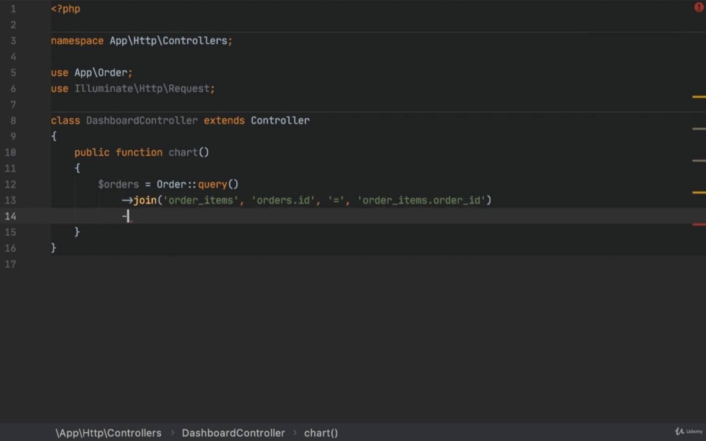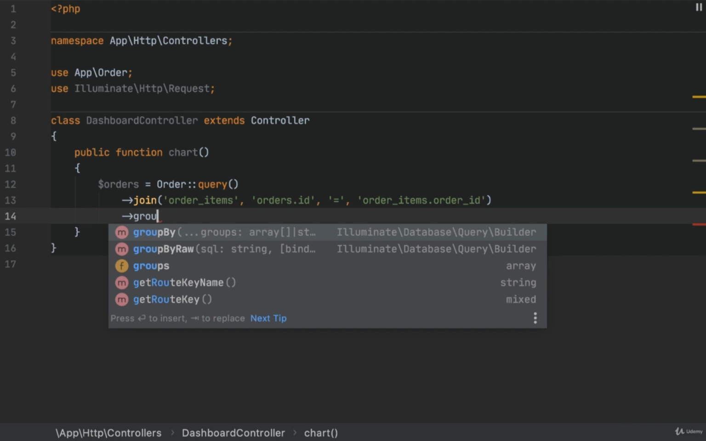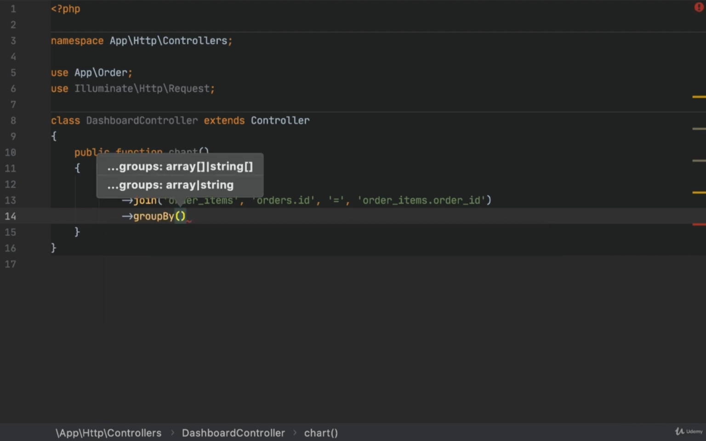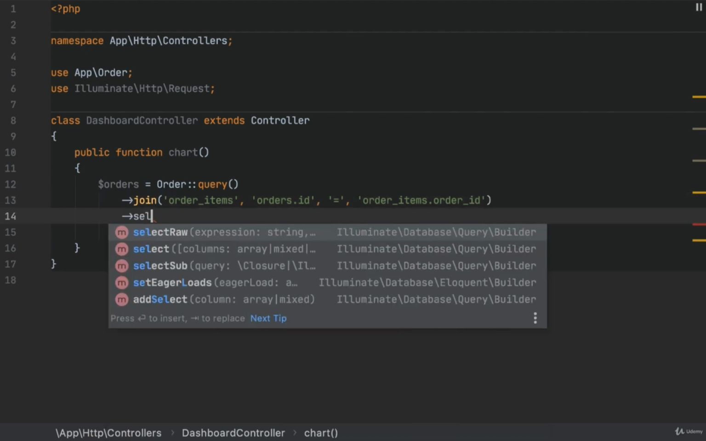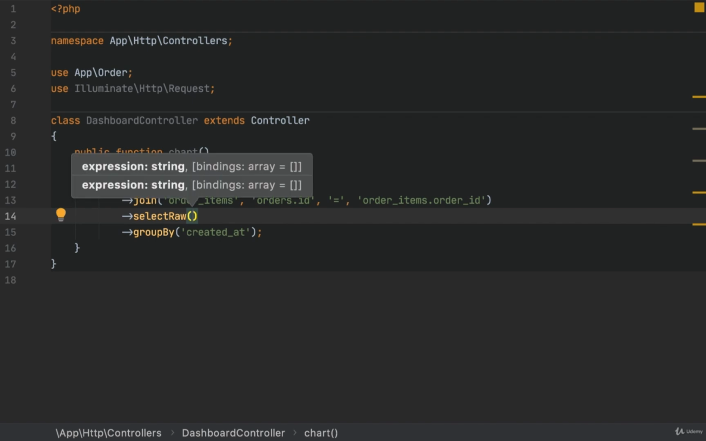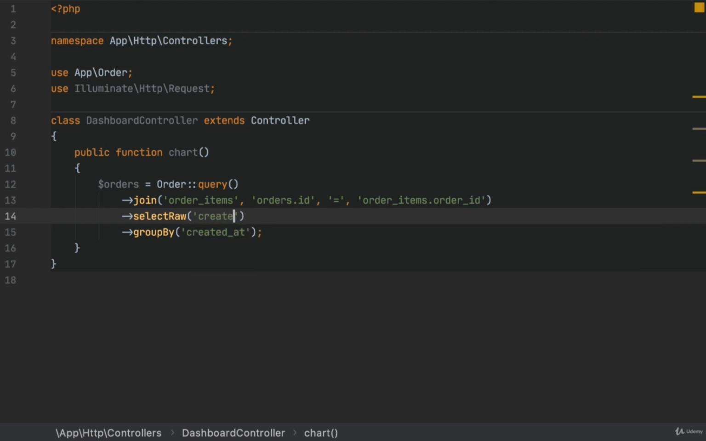Now we have to group by created at, because we need to group them by the date. So in each day we have to return what are the total prices, but it's not finished yet. So we have to select raw. So we don't need to return all the data. We just need the created at as date,